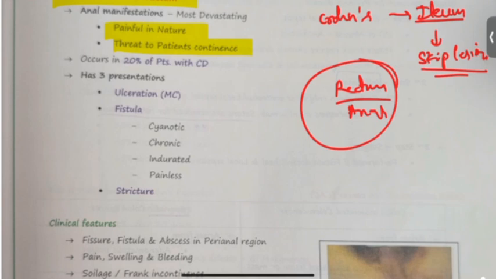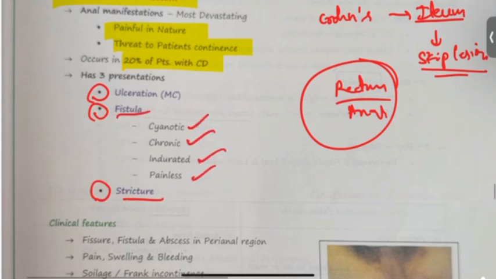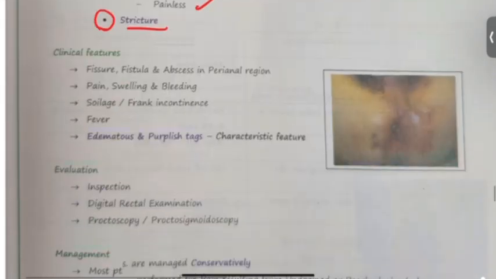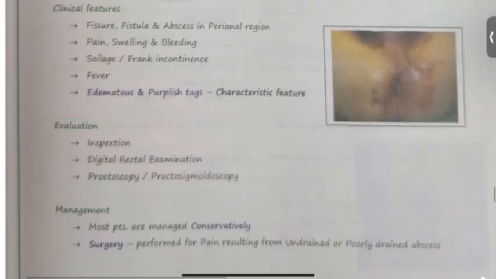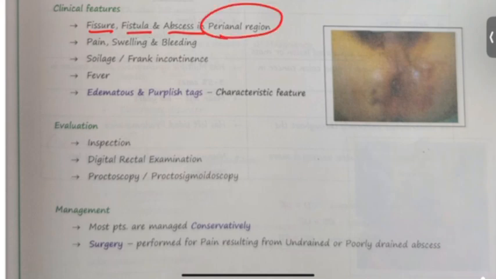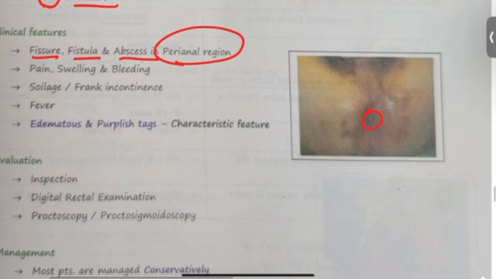Okay, it occurs usually in 20% of the patients with Crohn's disease. Usually when the anal canal is involved, there will be ulceration, anal fistula or strictures, and this fistula can be cyanotic, chronic, indurated and painless. Okay. So what will be the clinical features if there is anal canal Crohn's disease? Then there will be anal fissure, fistula, abscess in the perianal region. Like we can see in this diagram, this is the anal canal and around that everything red, yellow, abscess, inflammation,